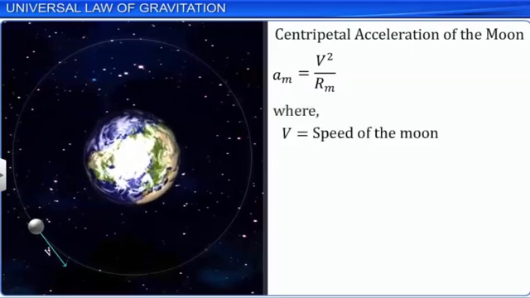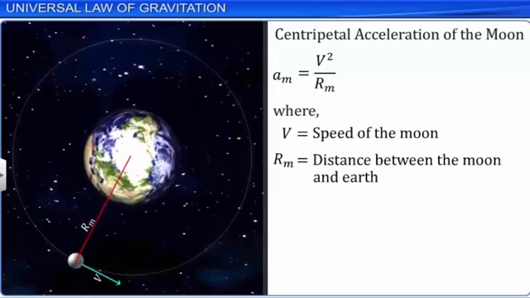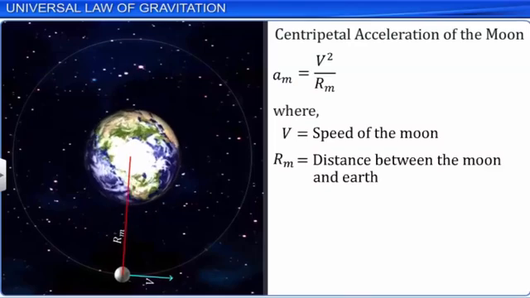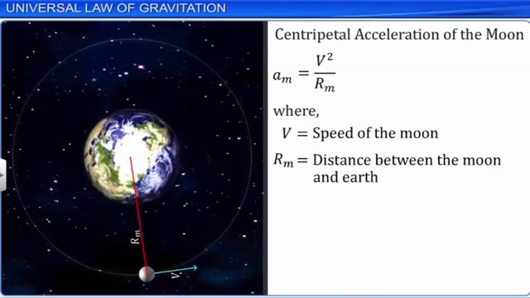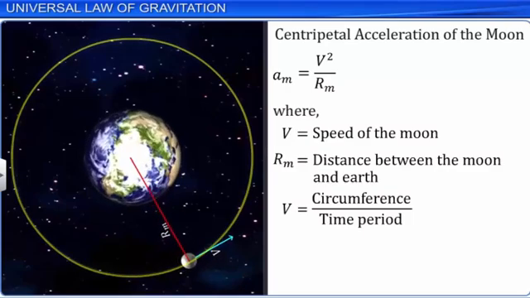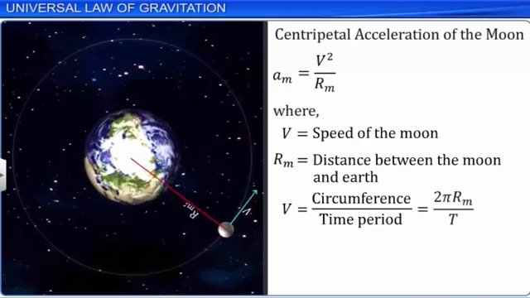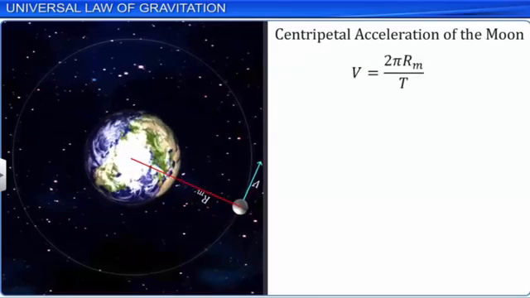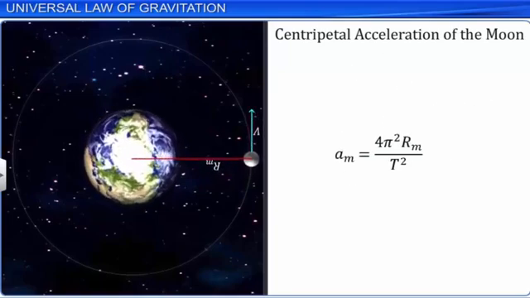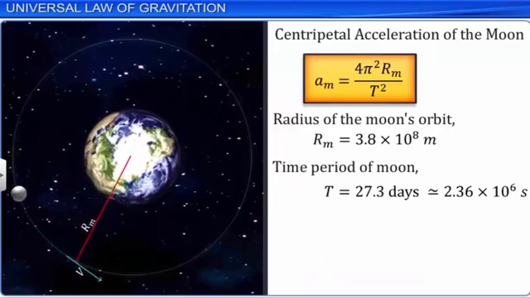The velocity of the Moon in its orbit is derived from the fact that the Moon's orbit is circular of radius r_m and its revolution period is T. Thus, the orbital velocity of Moon is equal to the circumference of the orbit divided by its time period, which is equal to 2 pi r_m divided by T. The expression on simplification gives us a_m equal to 4 pi square r_m by T square. Substituting the values of r_m and T in the expression and simplifying,